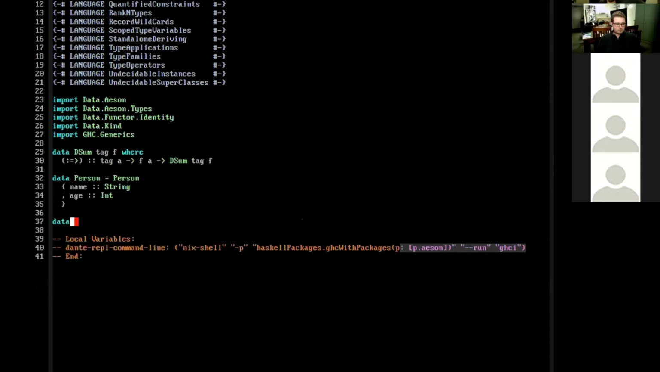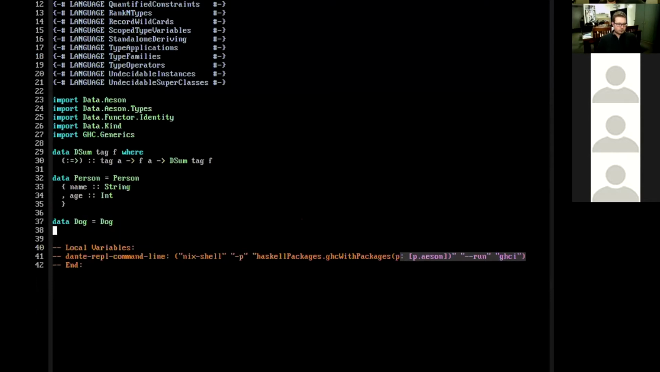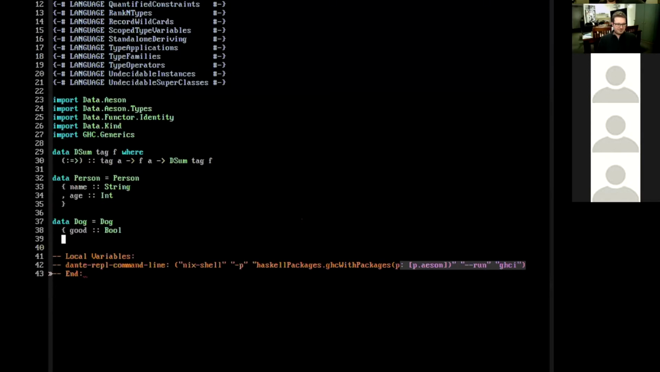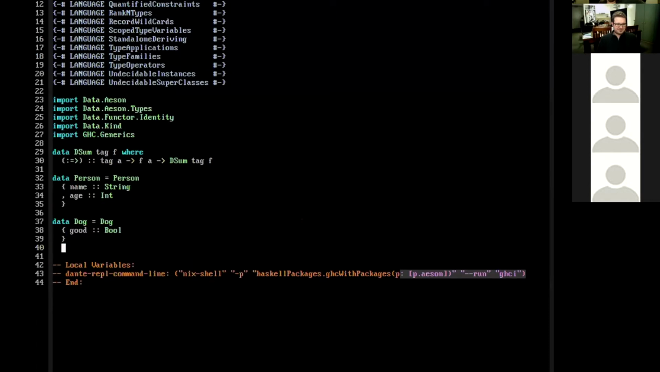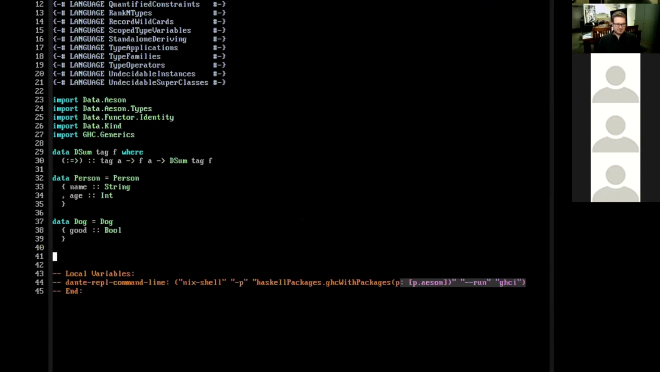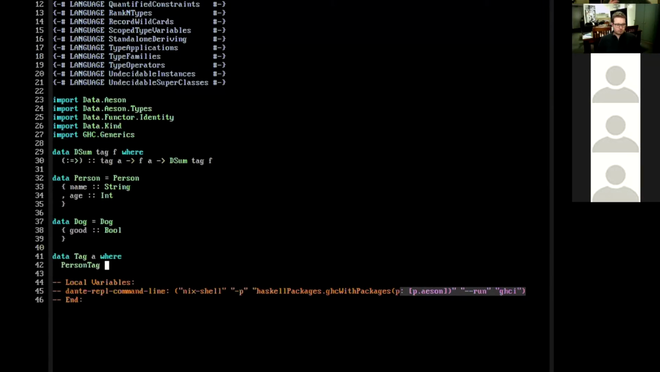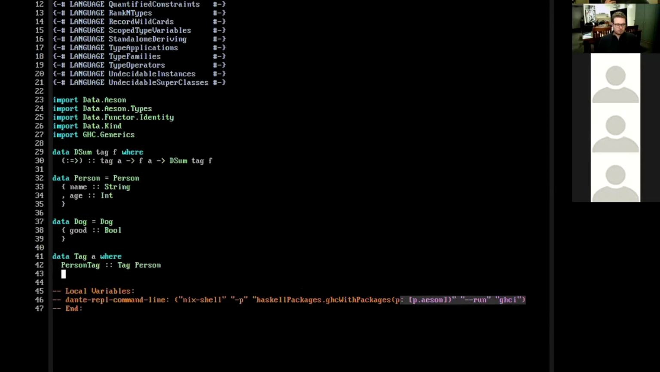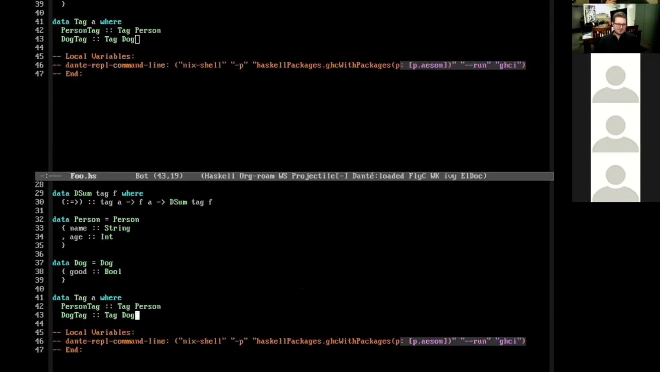And we'll store dogs in there as well. And most dogs are good dogs, but just in case they're not good dogs, we will carry a boolean around, just to be clear. And then we tag this. We use a separate tag type to say the sorts of things we want. So I define that. Like person tag says we have tag person. The dog tag is the tag for dog. If I bring up